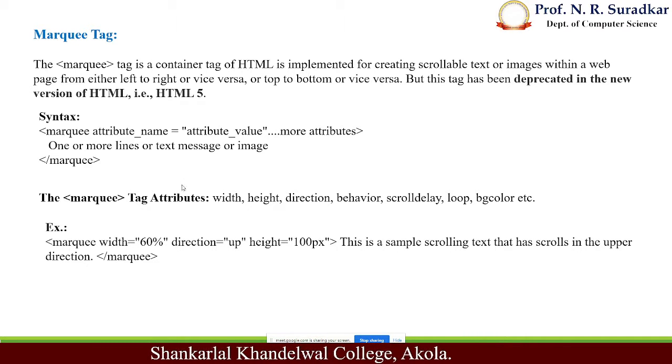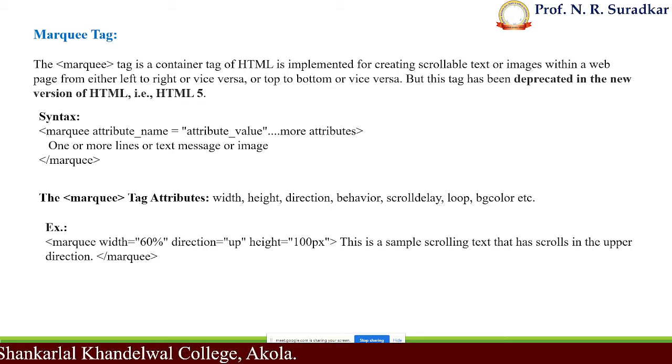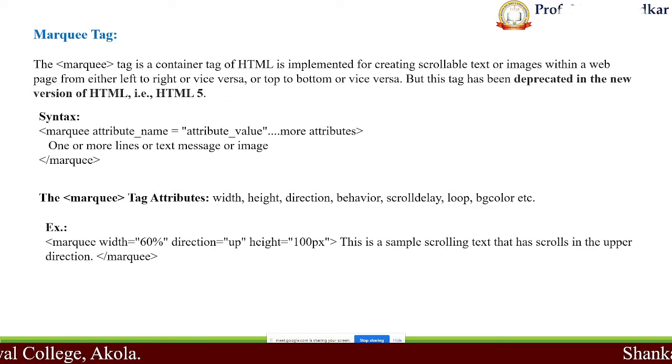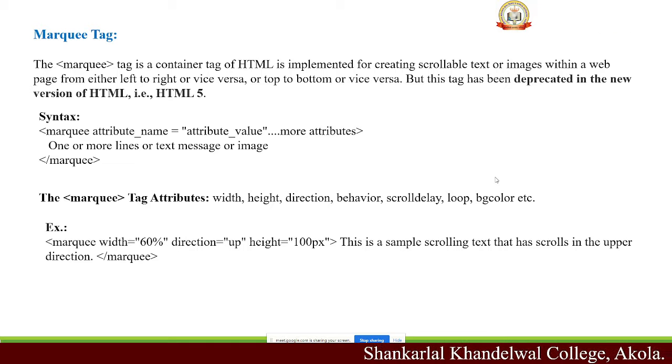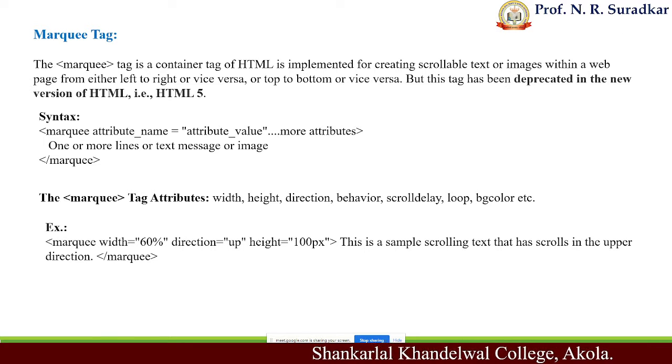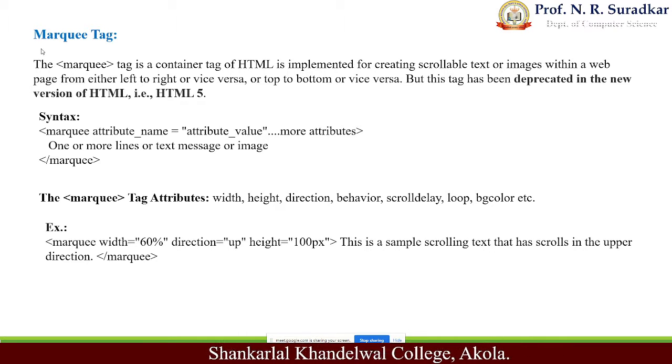Okay. The next important tag which we are going to learn is the marquee tag. It is one type of text formatting tag. Text formatting tag here means we are not directly making changes to the text format, but we are applying a certain effect to the text with the help of the marquee tag. The marquee tag is an HTML tag normally used to scroll the given text or images within the web page. Suppose we want to scroll certain important text onto the web page, or we want to scroll an image, that time we use the marquee tag.